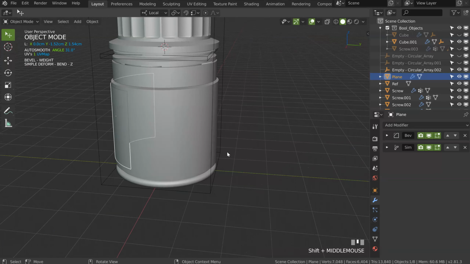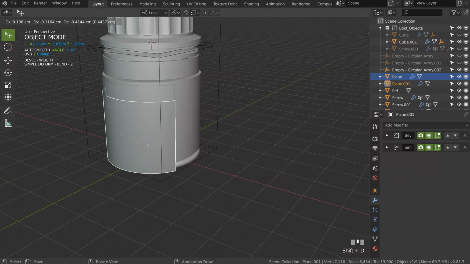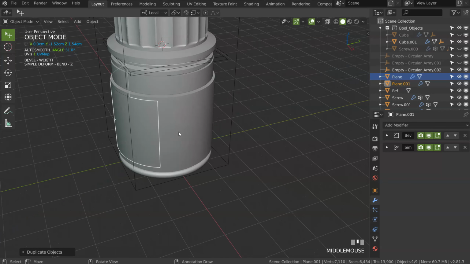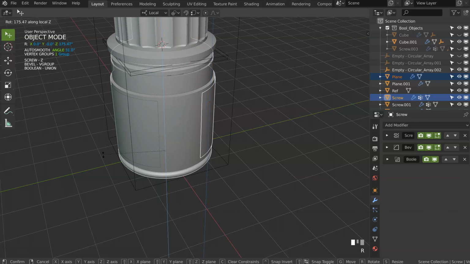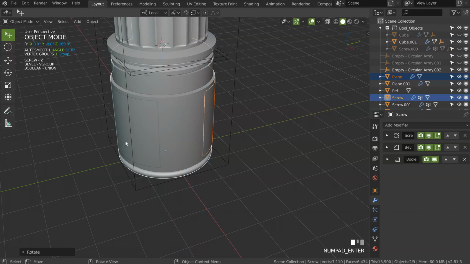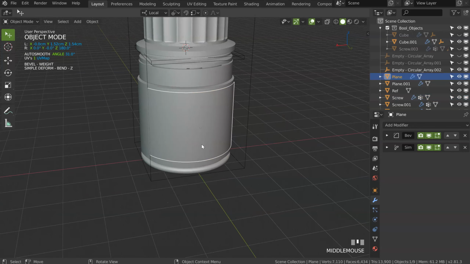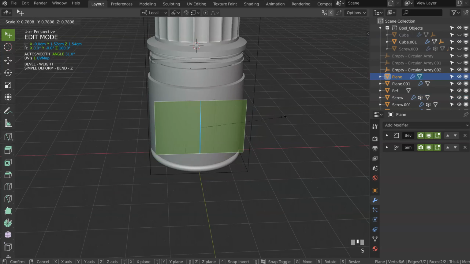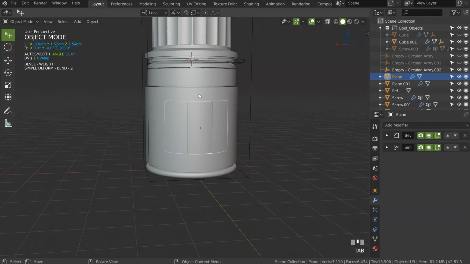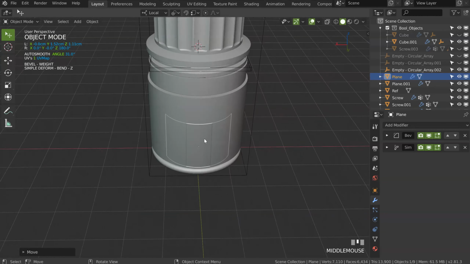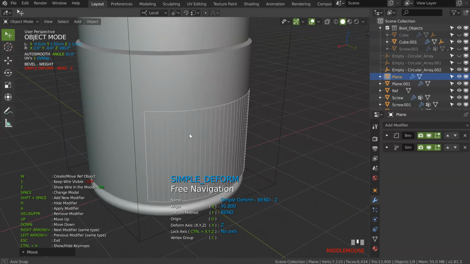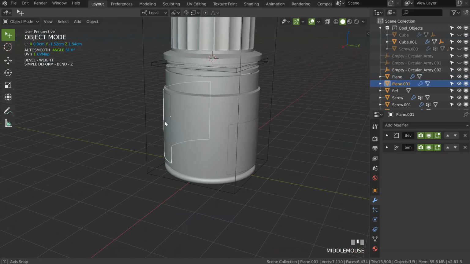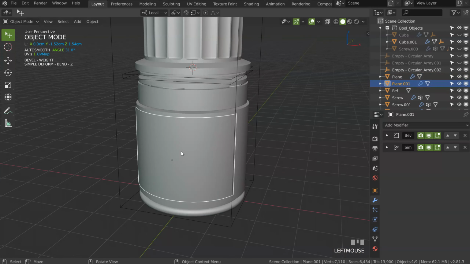So you can do the same for the other side. That means I can duplicate this one, make a rotation. From the active element, I will select this one, choose active element, and press R Z like that, and 100. Okay. So this one, what I can do is scale it. Let's move it here. I want a small one. Let's play with this one, boom, and that's it. Like that, I have a big one, a small one, and you can do whatever you want.